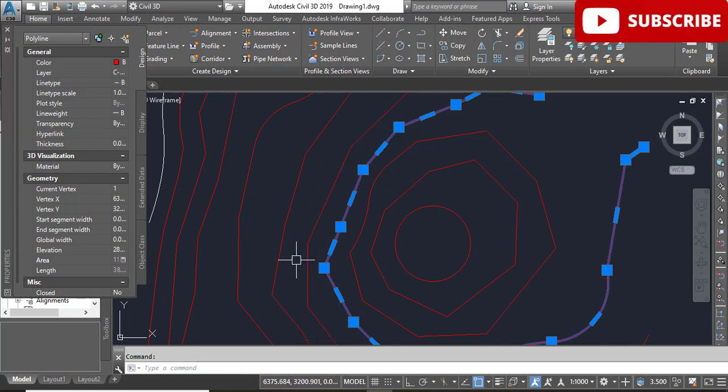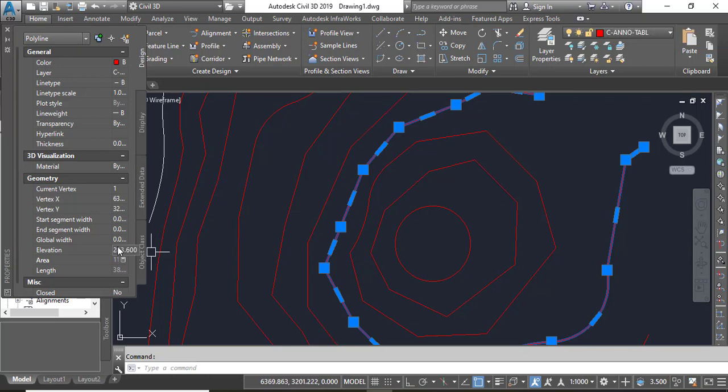I am just giving each contour an interval of 0.2, but you need to do it according to your drawing which you are going to convert to AutoCAD Civil 3D contour surfaces. So here we have 3.6 and then